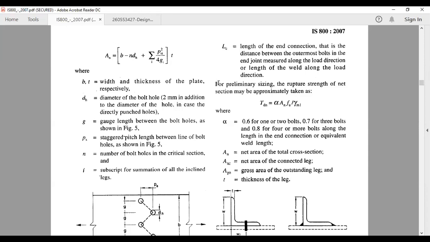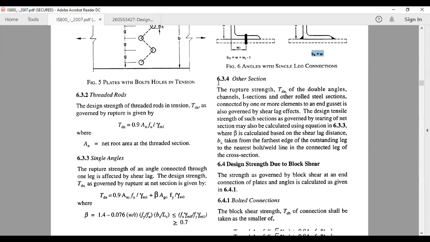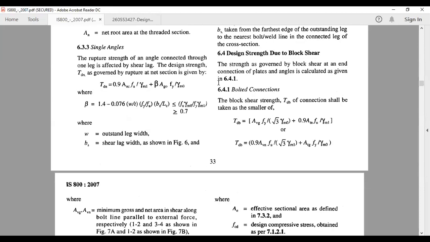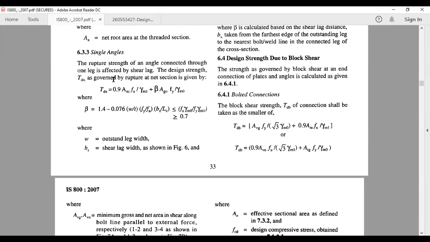And after you have determined these PS, LC, and W, the next part is substituting them in this expression to obtain the value of beta, and then compare that beta with your upper and lower limits, and adopt the value of beta suitably. That tells you the design strength of the angle section under rupture.